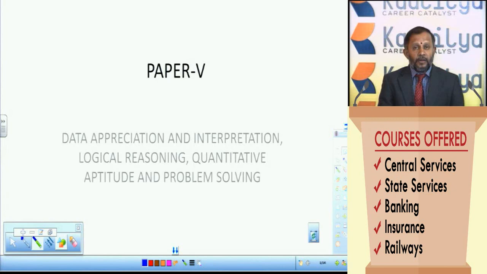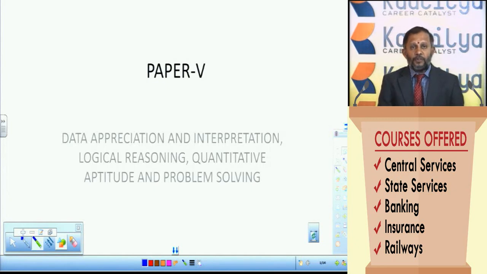In particular, in quantitative aptitude, in the last papers we had questions from percentage, profit and loss, time and distance, time and work, simple interest, compound interest, and then ratio, proportion. There are some other topics like average. In case of reasoning, we had basic models on number series, letter series, coding, decoding, then seating arrangement and blood relations. So these were the topics in previous papers.